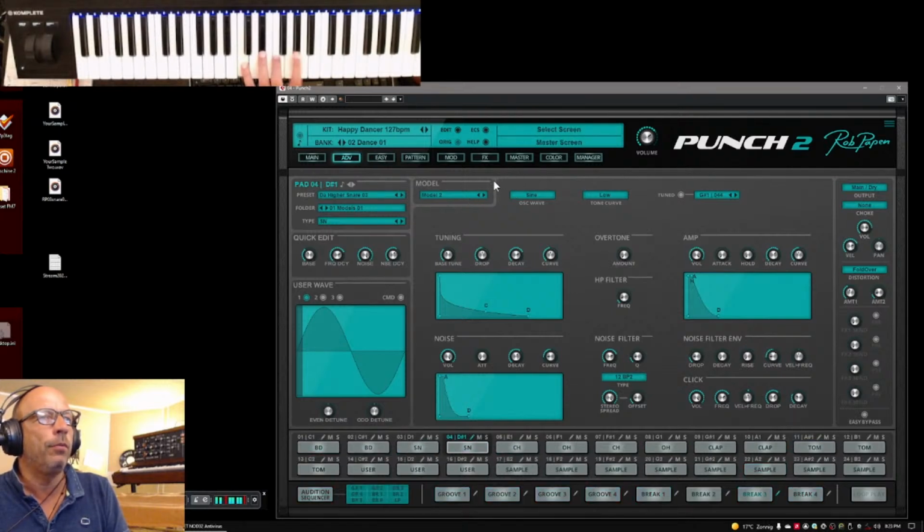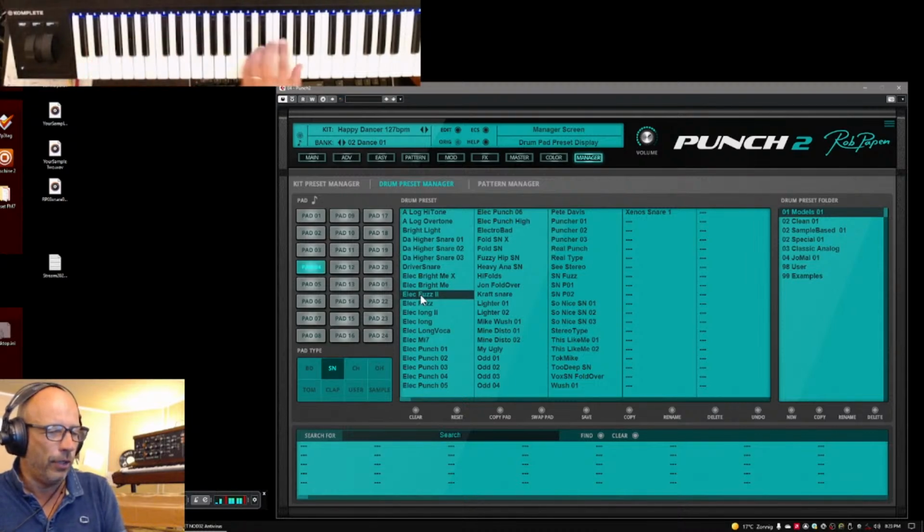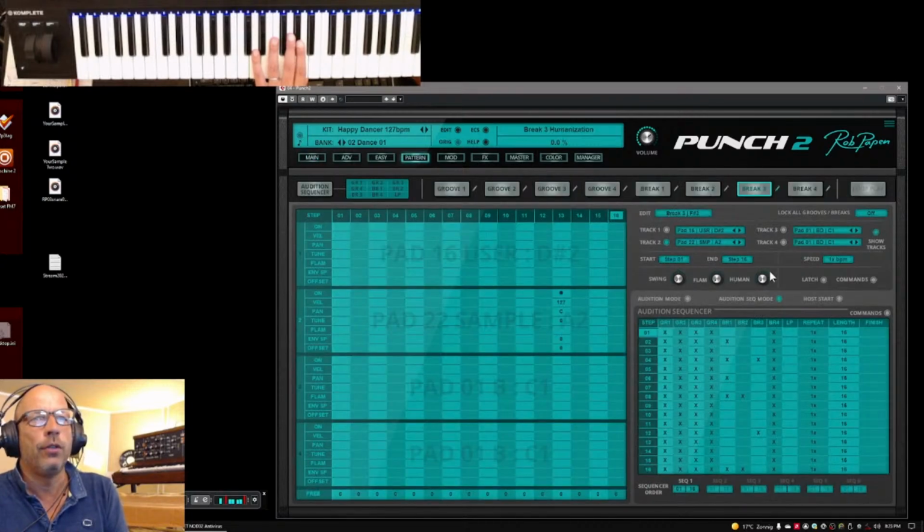And of course, I made some snares. Here it is on the keyboard. So when I go to the manager again, pad 4, you see there are some new snares. There's also, yeah, this one uses a fuzz. It's very dirty. A different clap. And now it does the audition mode, so maybe I should go back to the pattern page and set back to